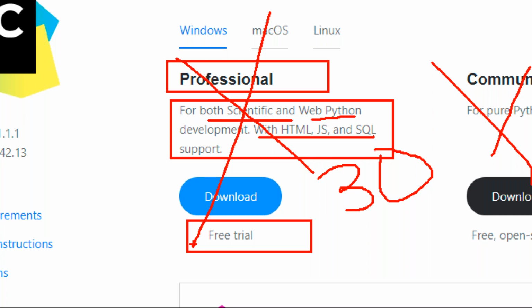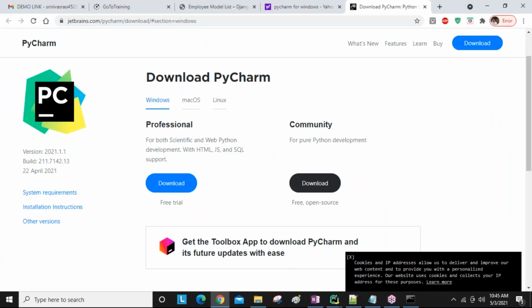Clear, everyone? Previously, my old batch was given an activation code that worked successfully for one year. But recently I did not give one, and I'm not maintaining activation codes. So you can simply download and install it, and after one month, if it expires, uninstall and install again.